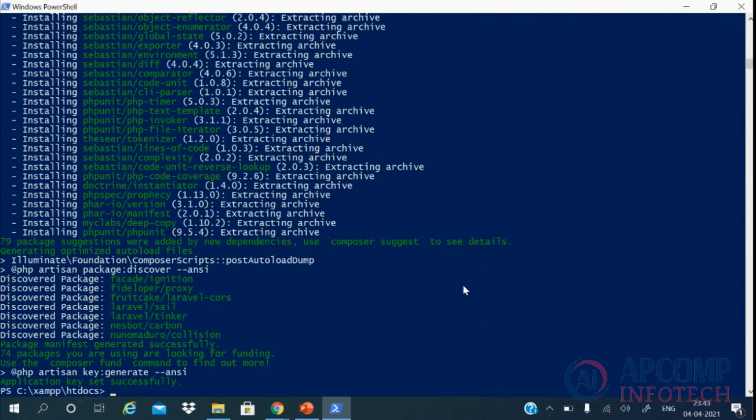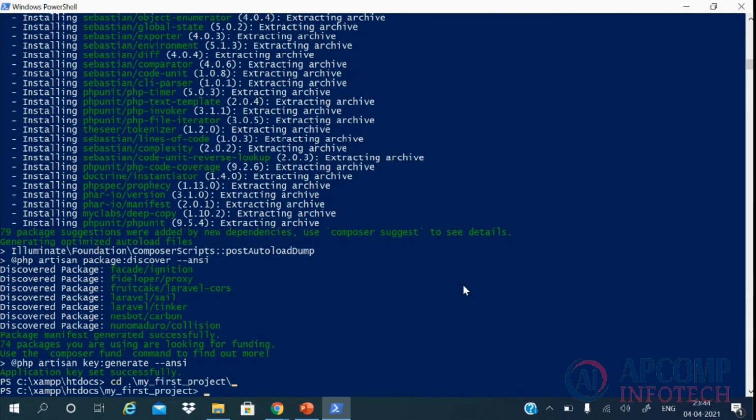Now as you can see, my Laravel project is successfully installed on my local system. I have to cd into the project, which is my first project. So I am in the project directory.